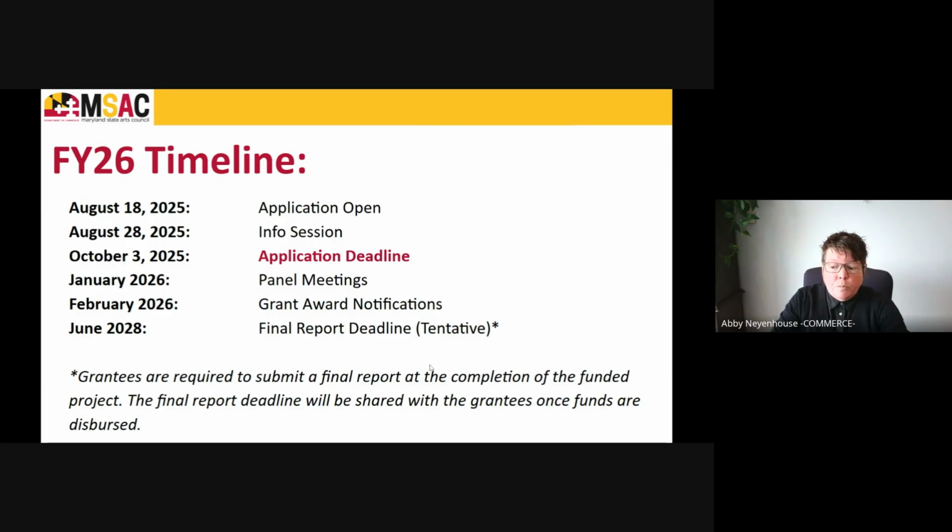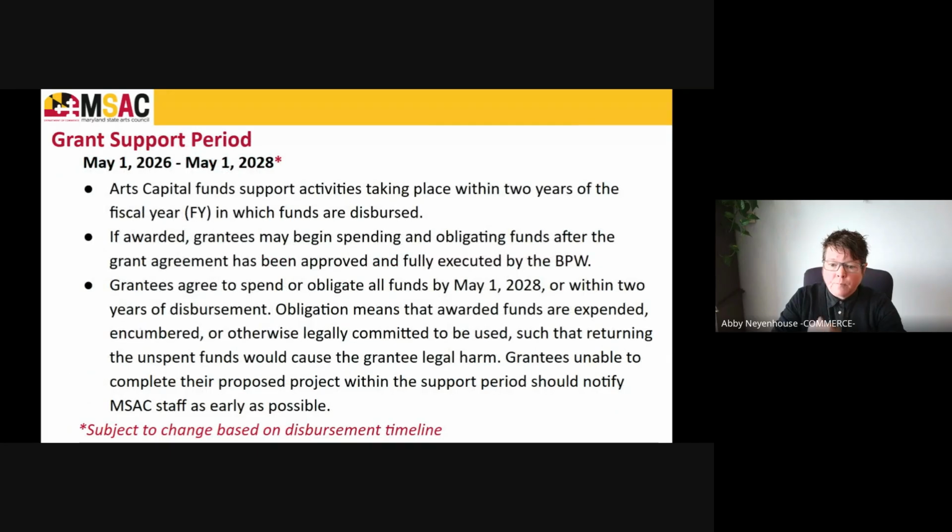That is tentative, and again, we will update the grantees once the funds are dispersed as to what the actual timeframe will be. So we make sure it's accurate and realistic. But that is right now our estimated timeline for 2026. And I just went over all this, so for a matter of time, all of this can be found in our guidelines, and it's, again, something to reference as you are putting together your application.